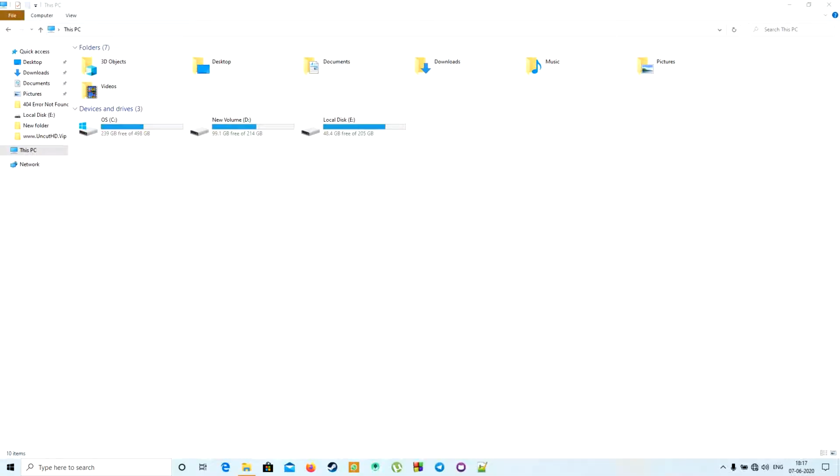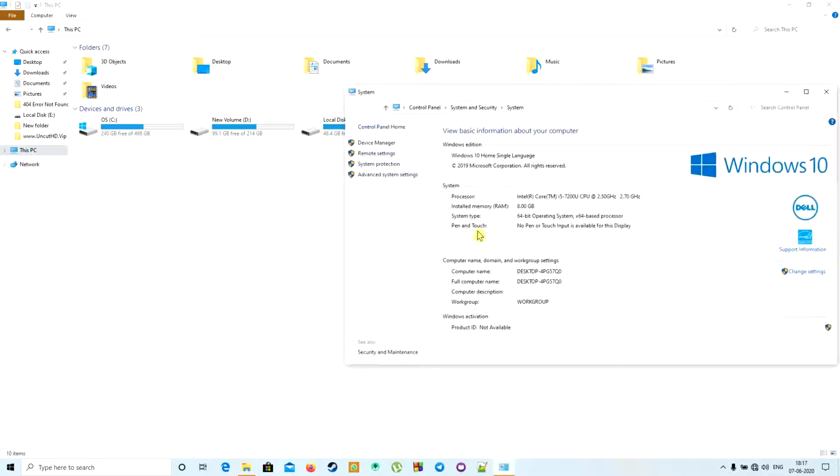So now after restarting our PC, let's check our installed RAM. It will be the same. As you can see, it will show the same 8 GB RAM, but in total we have 8 GB plus the 5000 MB RAM we have added as virtual memory. So thus we now have a total of 13 GB of RAM installed in our PC.